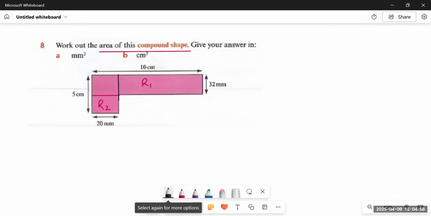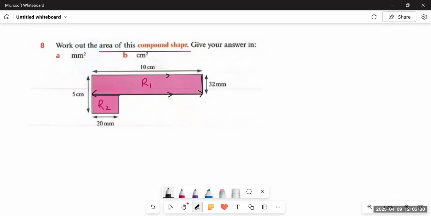So let's do this question using both methods, and let's see if we will get the same answer or not. Starting with this method where I have drawn a horizontal line, you can see that I have got a rectangle where this is the base. This line is parallel to the line above, which is 10 centimeters, so the length of this line would also be 10 centimeters. And the breadth is given as 32 millimeters.